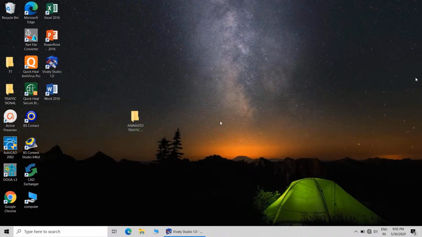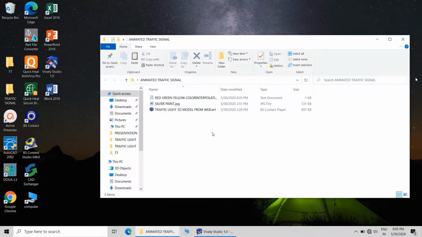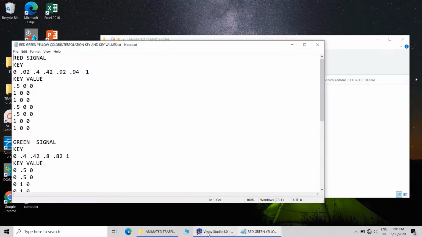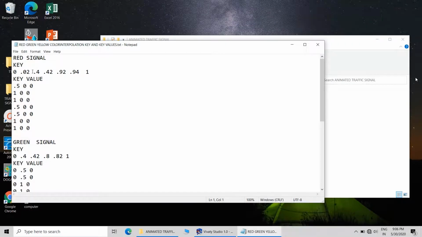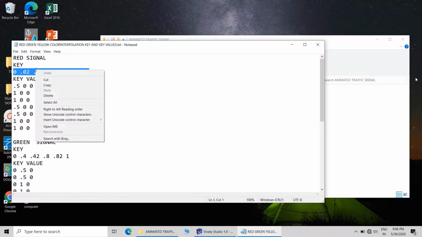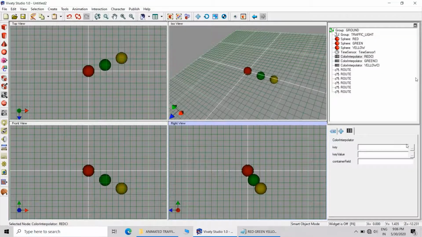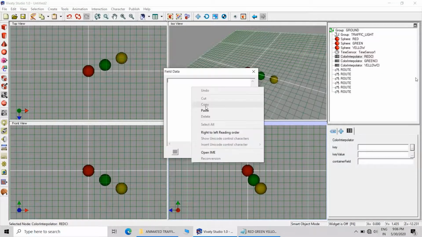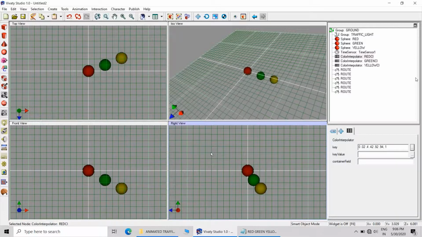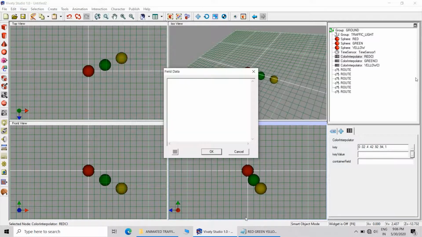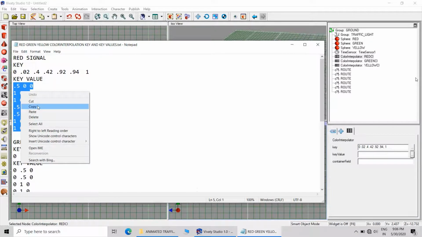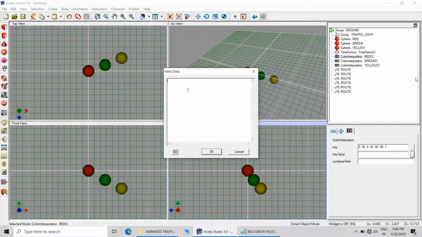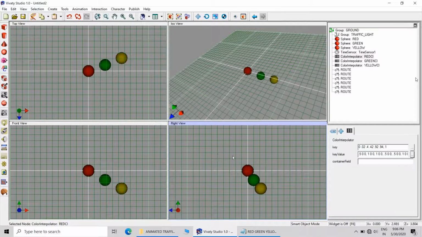Now here we will require key and key values. I have already created a text file in which I have collected all the key and key values. Key is nothing but the fraction of time. It means that at 0 second, at 0.2 second, at 0.4 second, at 0.42 second, what will happen? And key values is nothing but the values of the color, because here we are going to control the color.